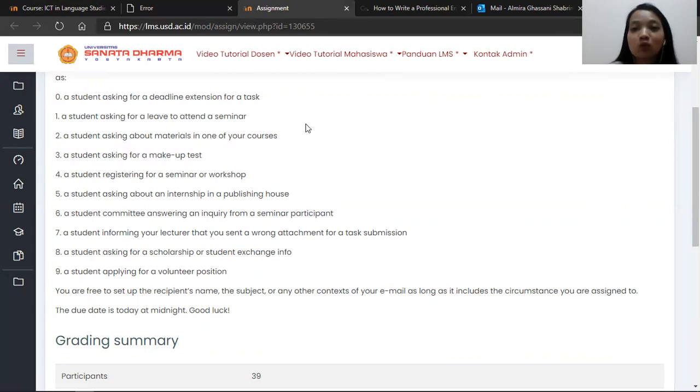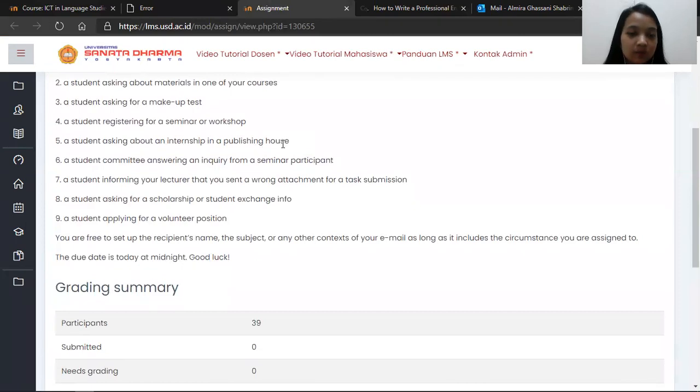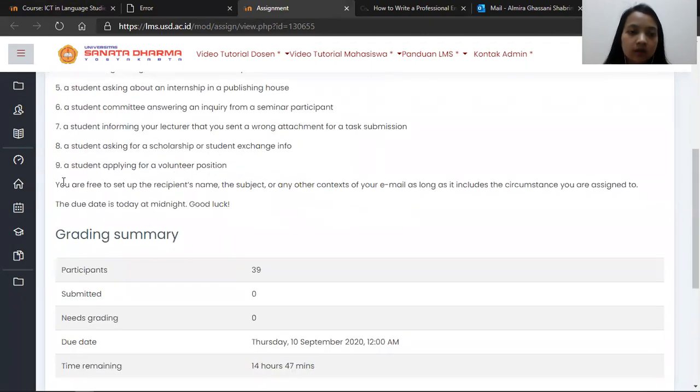I won't explain it one by one, guys, as it will be time consuming, and I really believe that you already understood this. And then this one, you are free to set up the recipient's name, subject, or any other context of your email as long as it includes the circumstance you are assigned to. So you can make up the name, for example, like Mr. Harry Potter,